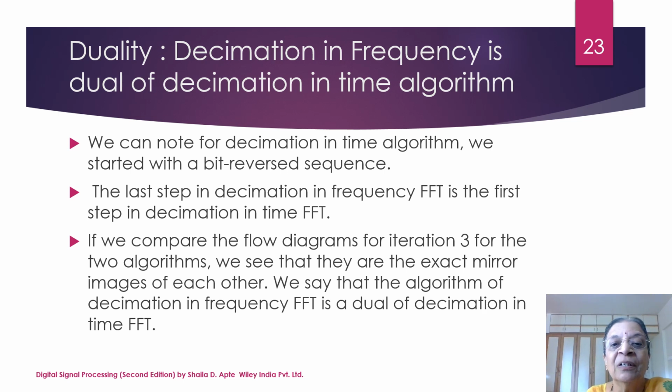If we compare the flow graphs for iteration 3 for the two algorithms, we see that they are exact mirror images of each other. We can say that the algorithm of decimation in frequency FFT is a dual of decimation in time FFT. Because of this exact reverse mirror image nature, it is called the dual. So these two algorithms are dual of